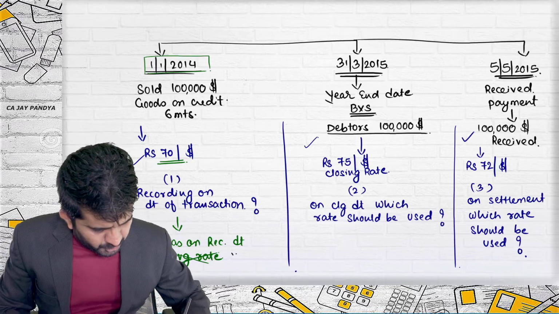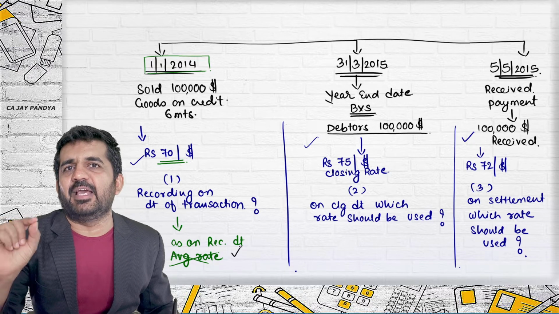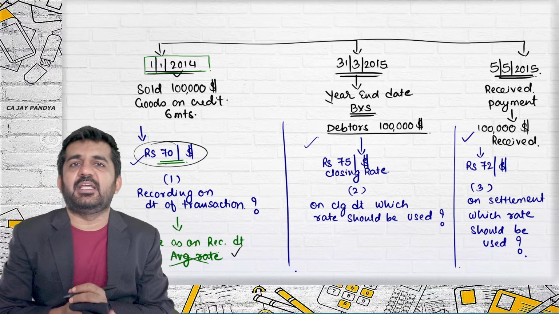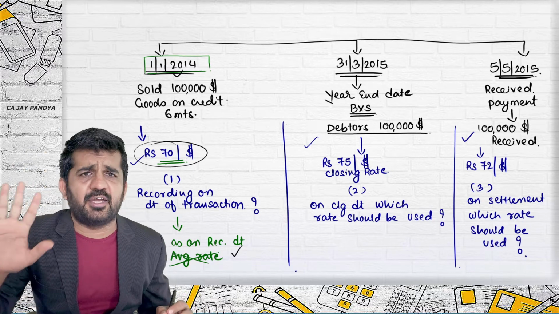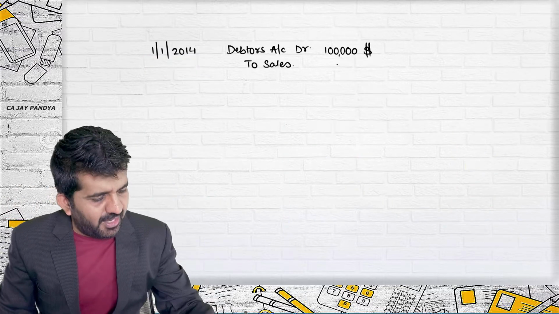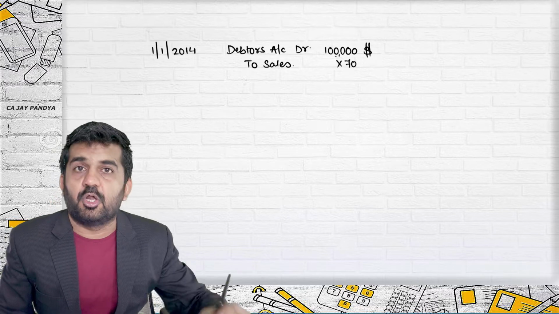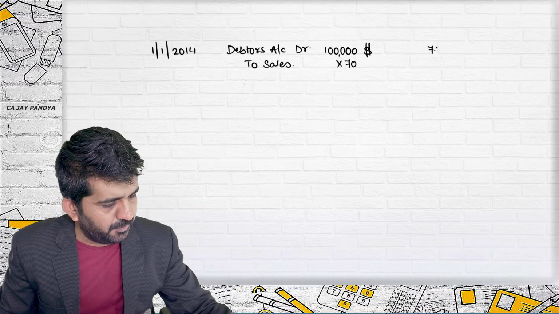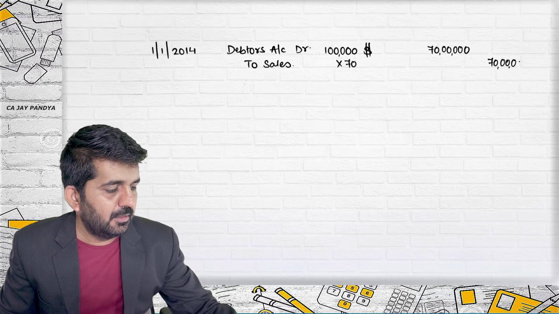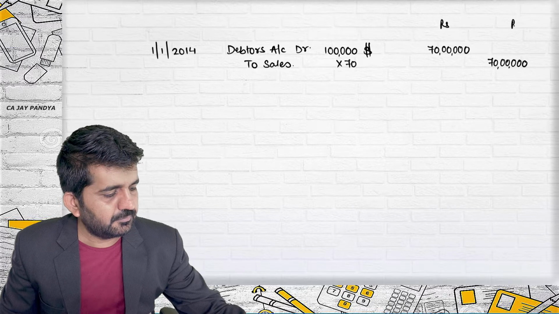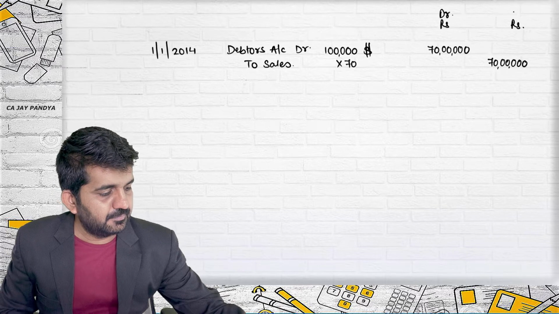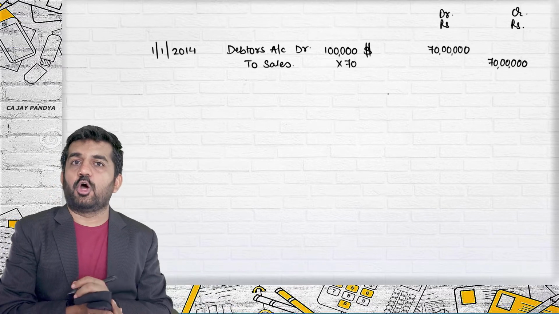What is the rate that should be used? The rate which is applicable as on that particular date. On this date, which rate is applicable? 70 rupees per dollar. Sir, average rate? Right now, forget average rate. Is it all right? So I need to convert it at 70 rupees per dollar. So I will be multiplying it with 70 rupees per dollar. Dollar will get cancelled. My answer will be in rupees, which is nothing but 70 lakhs. Are you getting it? This outer column, debit and credit, is in rupees. You cannot write down $1 lakh over here.